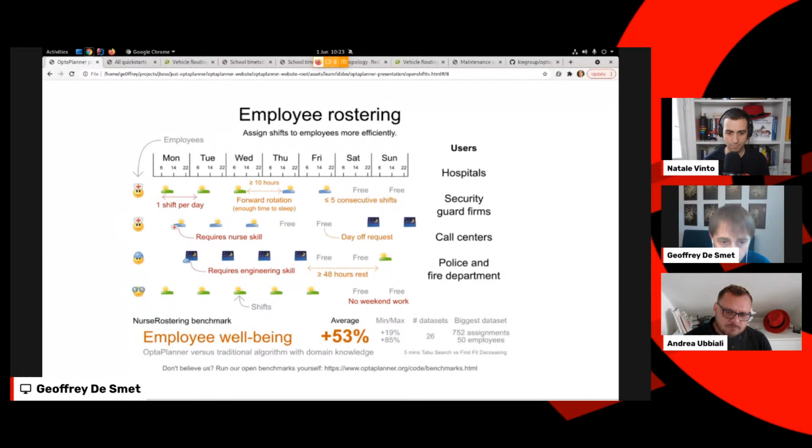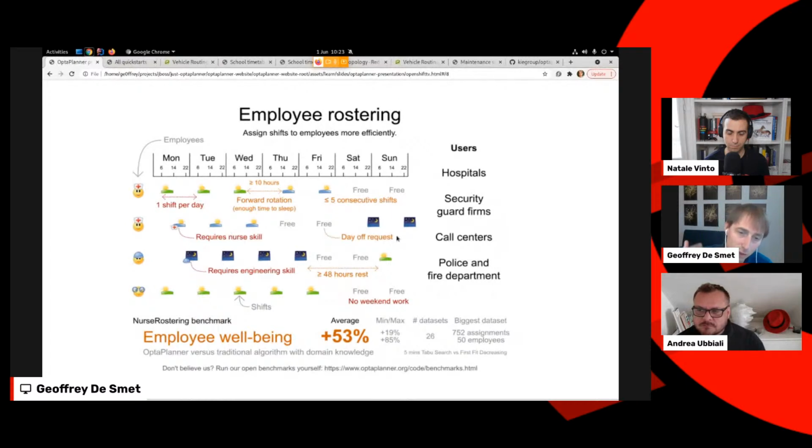We have some benchmarks around this, traditional algorithms versus Optaplanner and so forth, on a number of academic data sets. And what we see is that on average, we reduce the number of rejected day off requests. In total, we fulfill all of the hard constraints, and there's a whole bunch of soft constraints, but most of the impact is done by the day off requests.